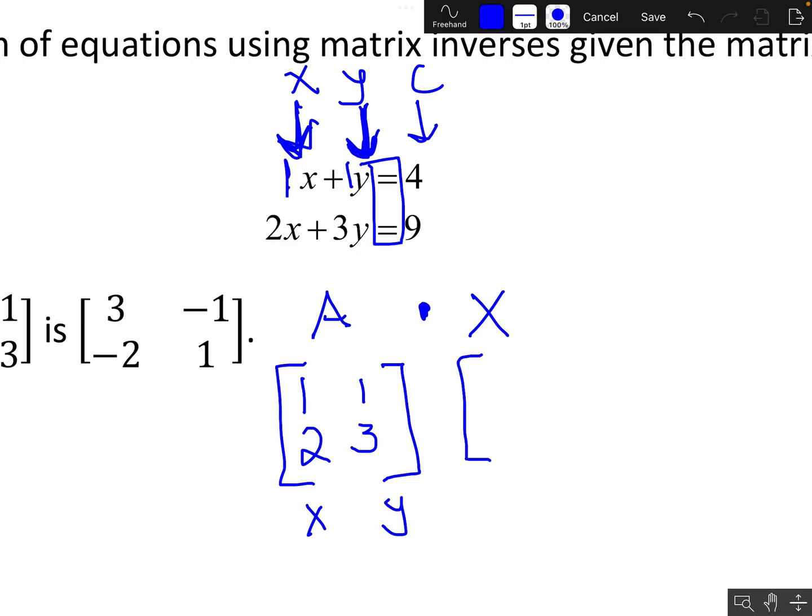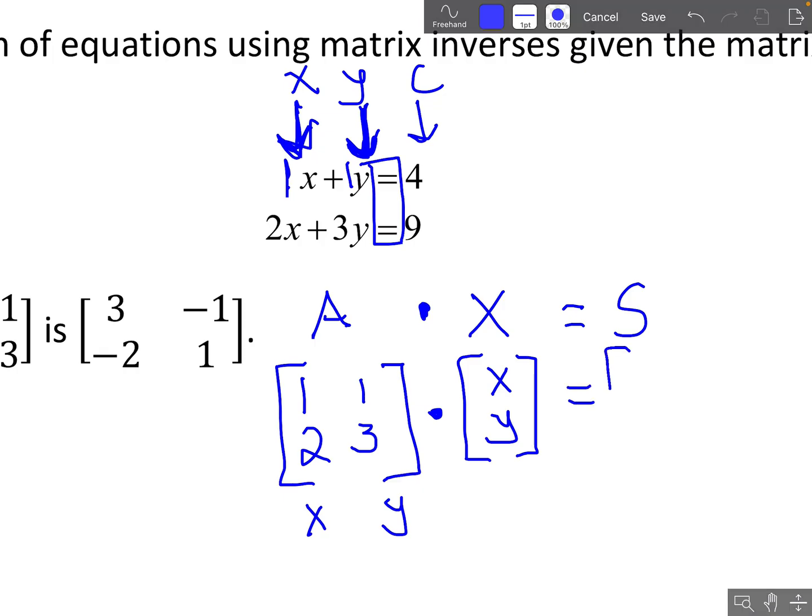That's just going to be my 2 variables, x and y. If I multiply these, it's going to equal what's called the solution matrix, which is our constants, which is going to be S. In this case, the numbers on the other side of the equation, which are 4 and 9. Okay, so that's the most important thing, making sure you can figure out what matrix A, X,